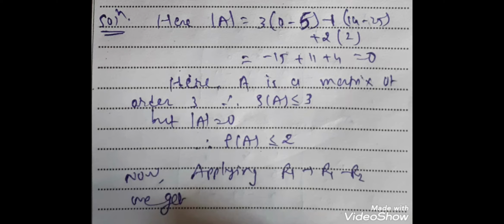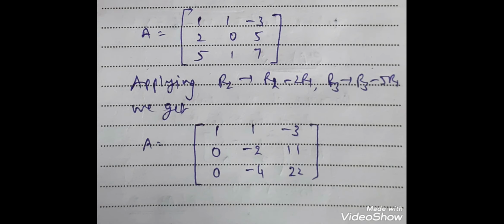So now to find the rank of this matrix, we apply elementary operations on this matrix. Here we apply the operation on the first row by taking the second row, multiplying by minus 1 and adding into the first row, that is r1 minus r2. Then we get a change in the first row of this matrix, and it will be 1, 1 and minus 3. These are the elements for the first row, second row 2, 0, 5 and third row is 5, 1, 7. Now we apply r2 minus 2 r1 and r3 minus 5 r1 on the above matrix. So we will get a change in the second and third rows of this matrix.